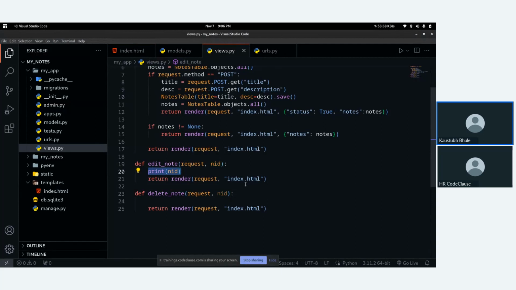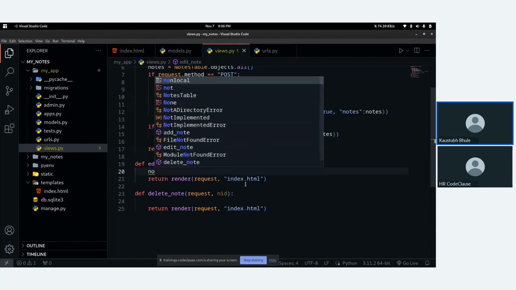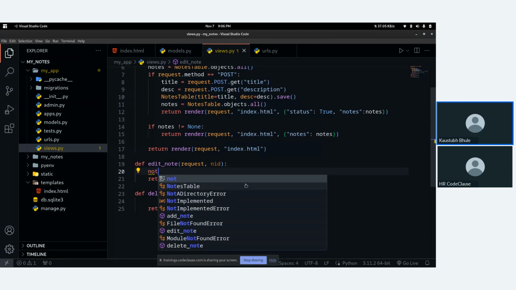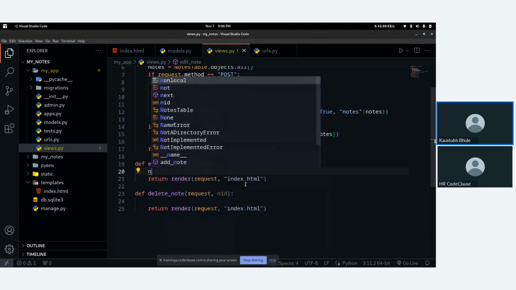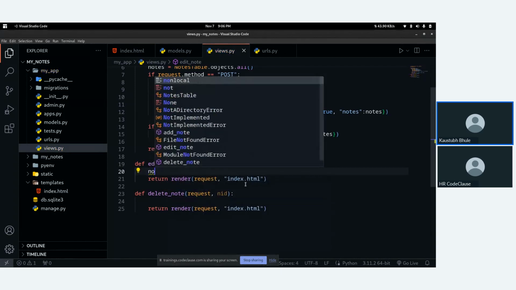Okay, now to edit a particular record, first I will just load the data.